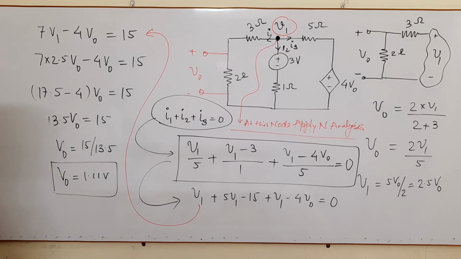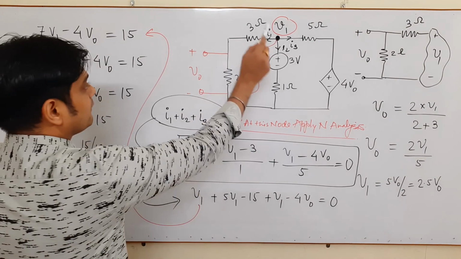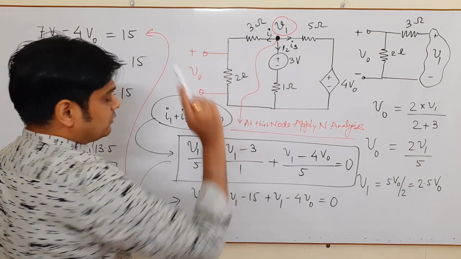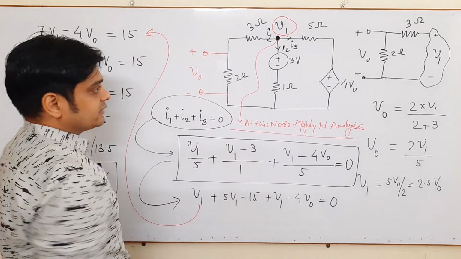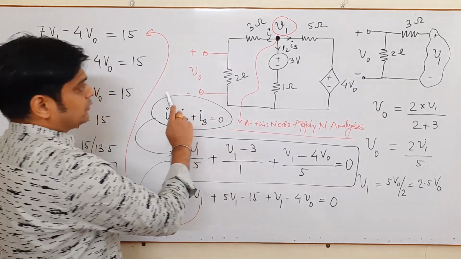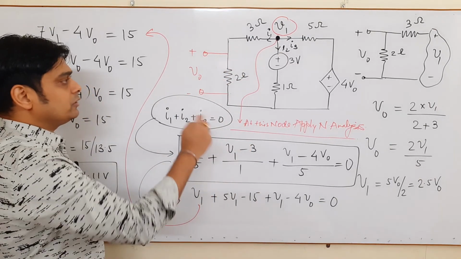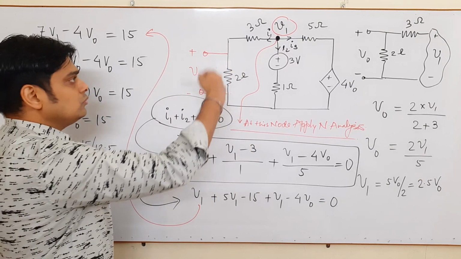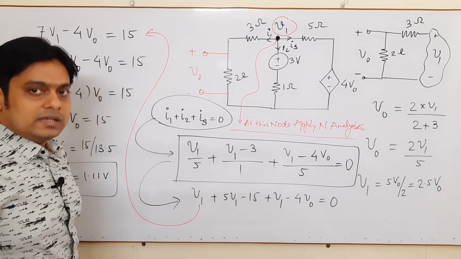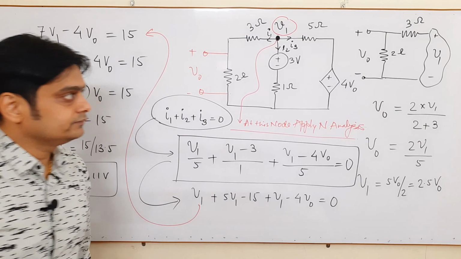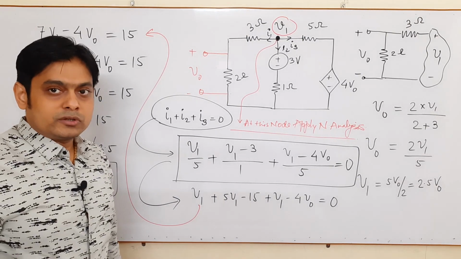So again, this is a very important question in which we have to understand the concept that this voltage will not appear on this node. The only reason is because this 1 ohm resistance is present here. And the next very important thing is you have to always think about how you apply voltage division and current division to resolve the network in an easier way. Okay, with this the problem is finished. Now we proceed to our next problem.